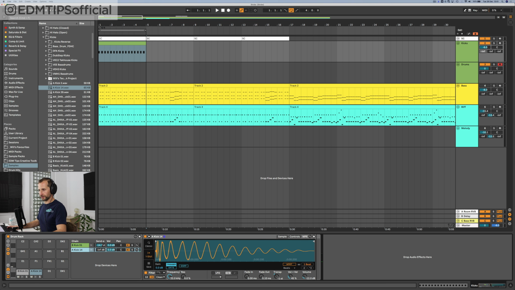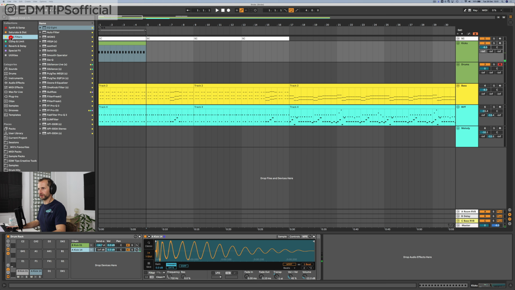Again, I'm going to just put the filter on, and filter it out. Don't know why I can't hear it now. Can't have filtered that much out. Don't know if I've pressed the wrong button. Okay, that's weird. Don't know what's going on there. No idea what's just happened, but it seems to be taking out all of the kick, even though it's a high pass. So God knows why that's happening. Anyway, let's just leave the filter off and we're going to throw an EQ on to do the same job.